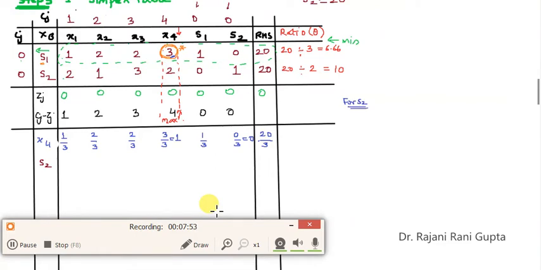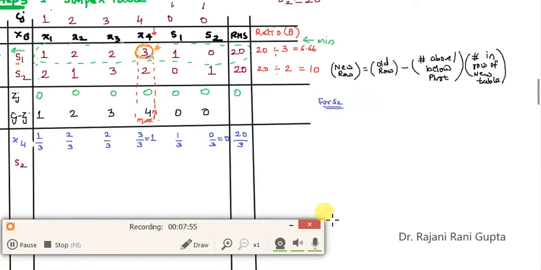So what was the formula for that? The formula was new row equals old row minus the number above or below the pivot, multiplied by the number in the row of the new table. Old row means the row corresponding to S2 in the previous table, which is 2, 1, 3, 2, 0, 1, minus the number above or below the pivot. Here the pivot number below is 2. So 2